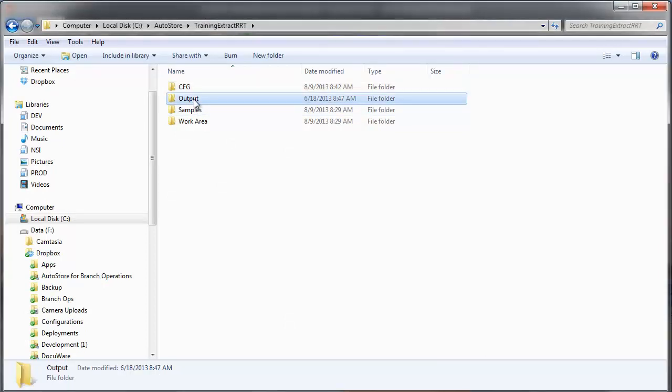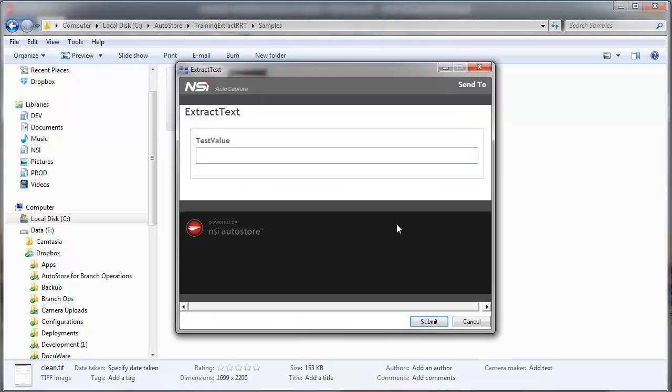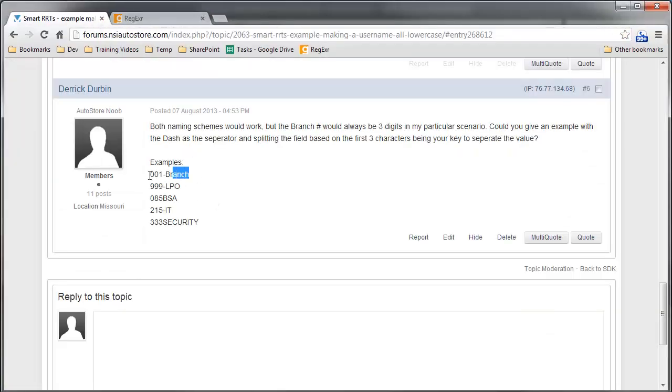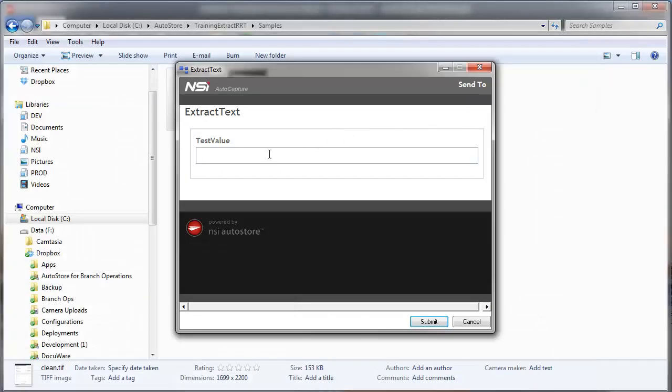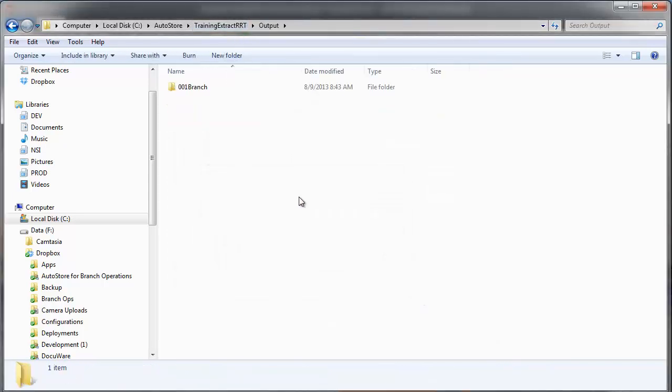Let's go to my samples folder. I'm using samples from our previous training. Extract test. I'm going to go back to Derek's example list here. Let's use 001 branch. And this is just to output and strip that dash. I just want to make sure. You can see it was very, very quick. 001 branch. So it stripped it out. And if I do another one,